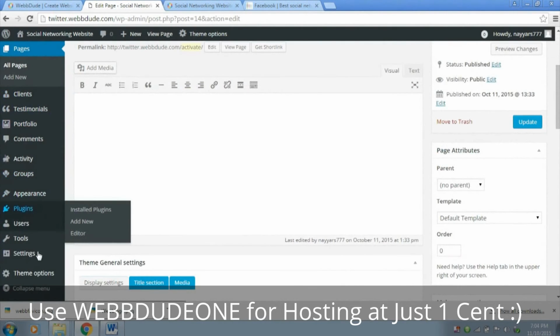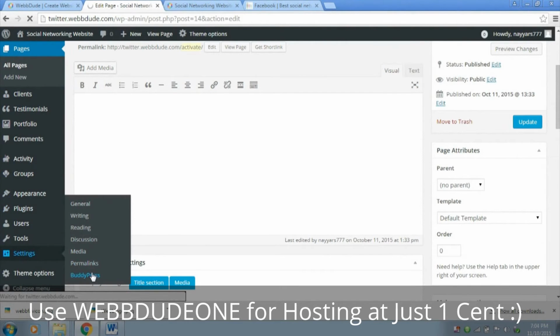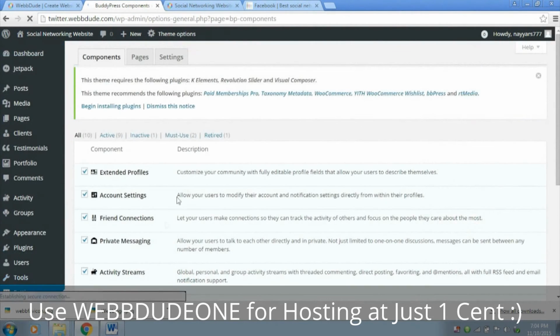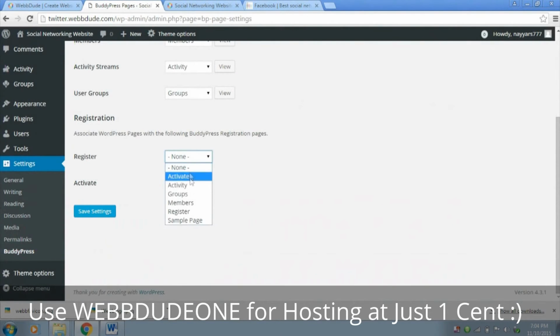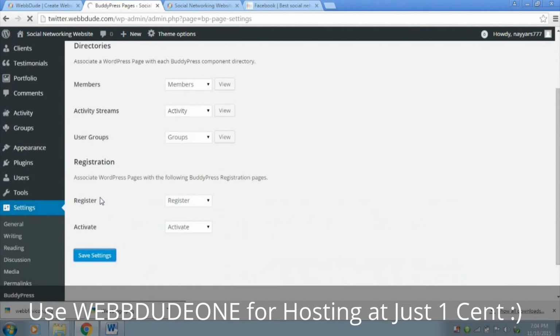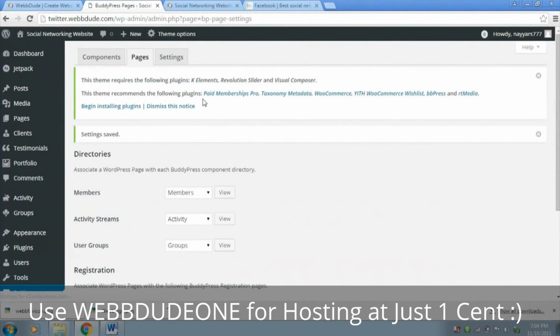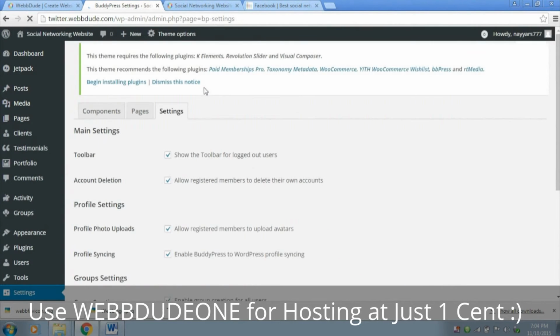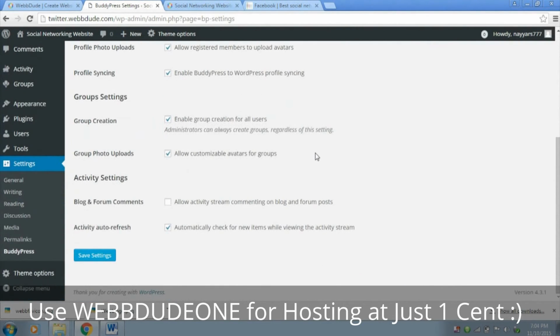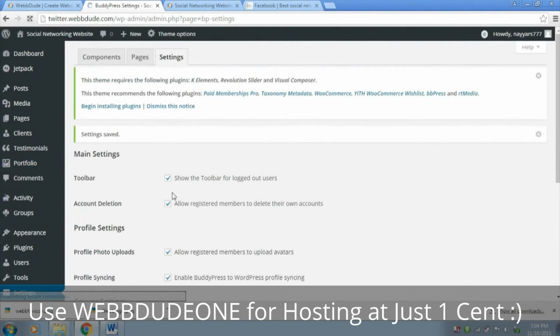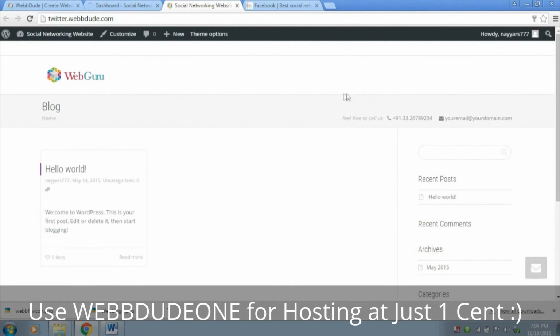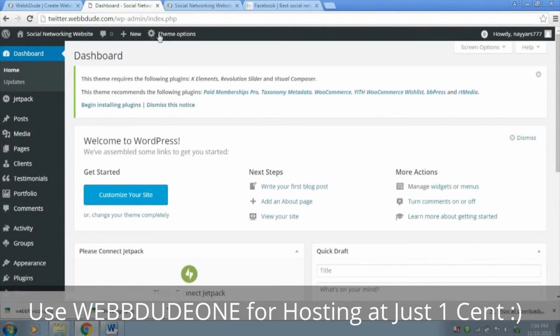Now come back to the settings and select the WordPress. Now in the pages section, in the register one, select the register, and the activate one, select the activate, and now save settings. Now let's see these other settings. Everything is fine over here, so just click on save settings. Now come back to the dashboard so that we can add the pages which we have created right up here,